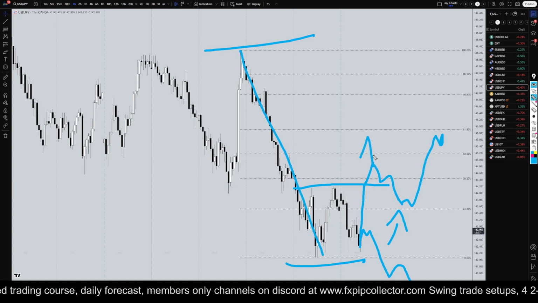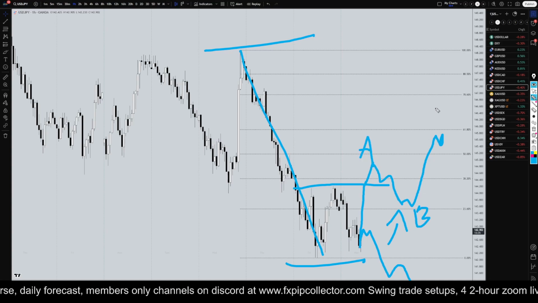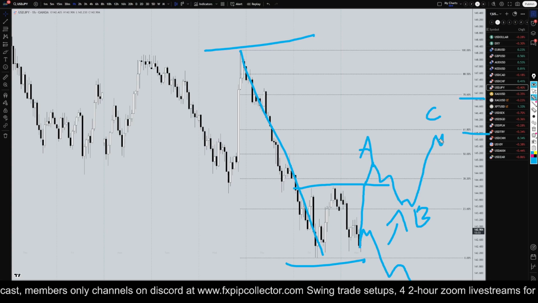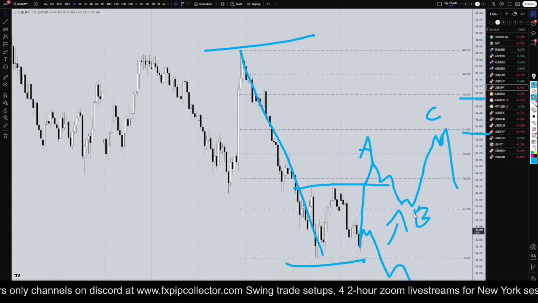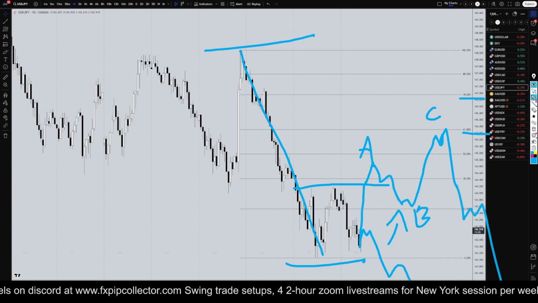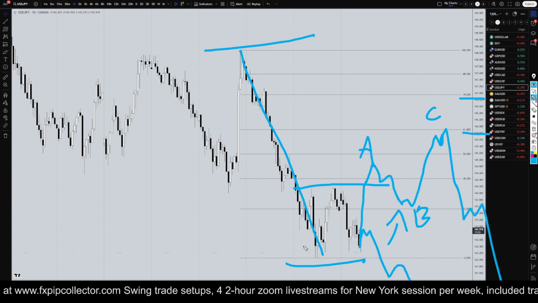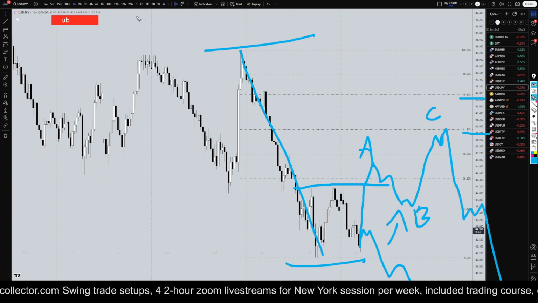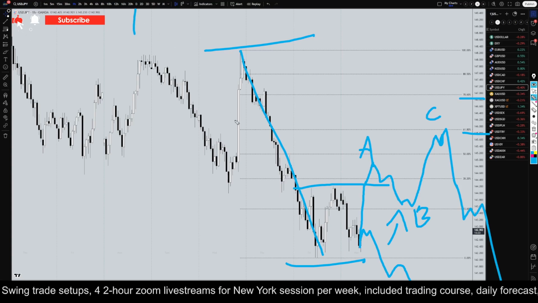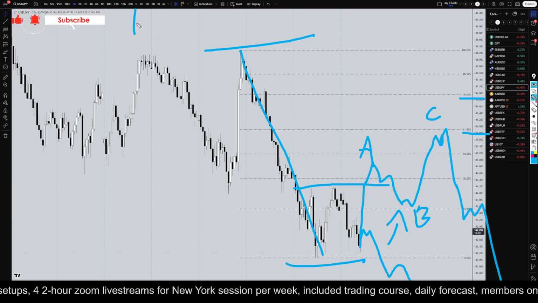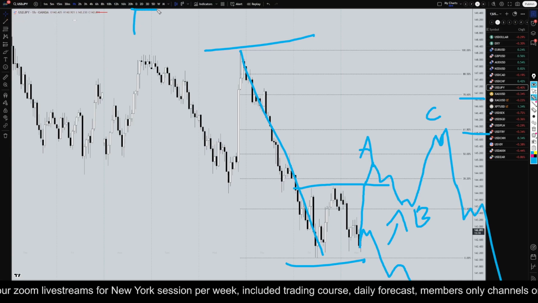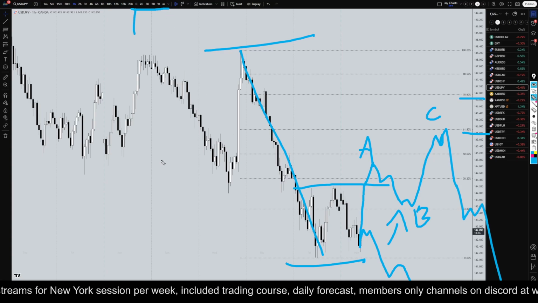But if it does go up and then it makes a three-way pullback like an ABC to a Fibonacci retracement level, then makes an engulfing move to the downside, that potentially would make for a really good shorting opportunity for the continuation of the daily time frame downtrend. And like I always say, the trend is your friend, and we are in a very strong downtrend on the higher time frames, which is why, for me, I am looking for shorts in a downtrend only.